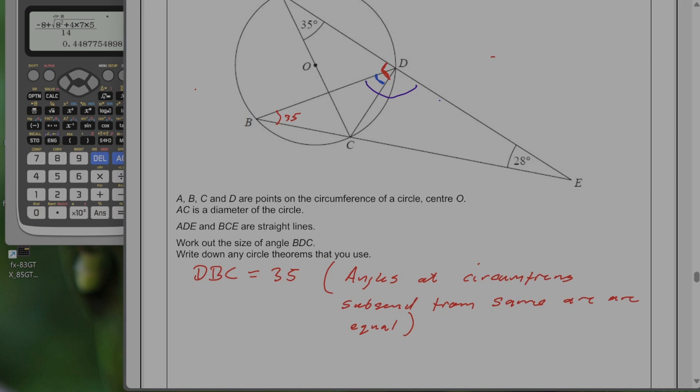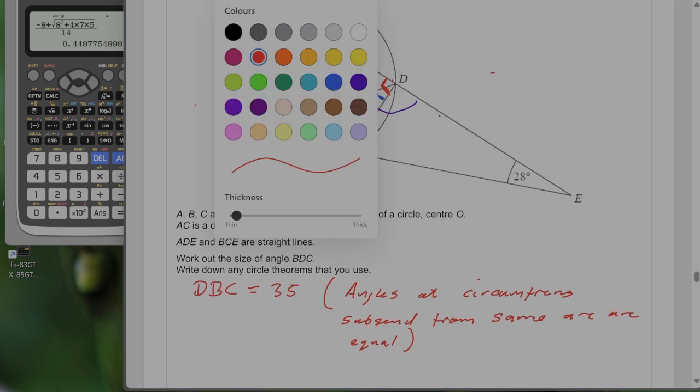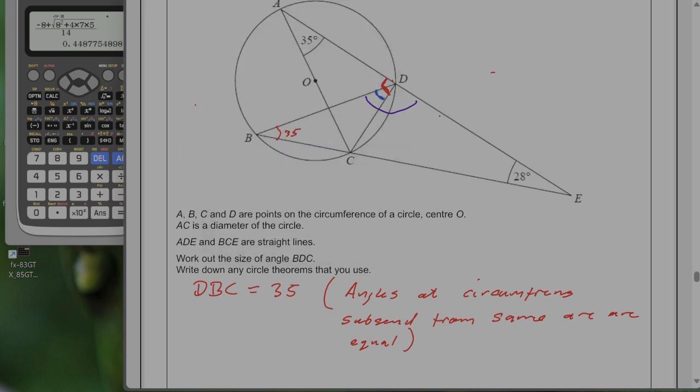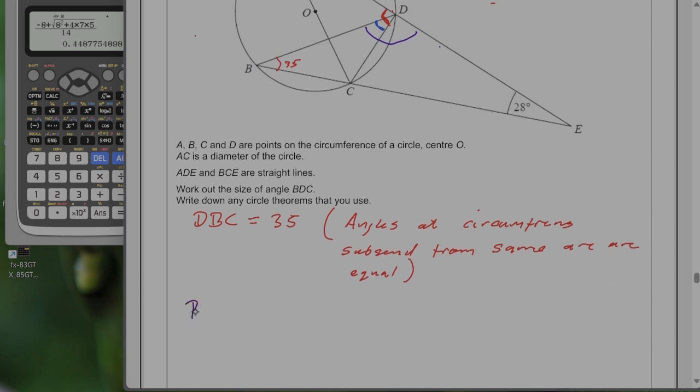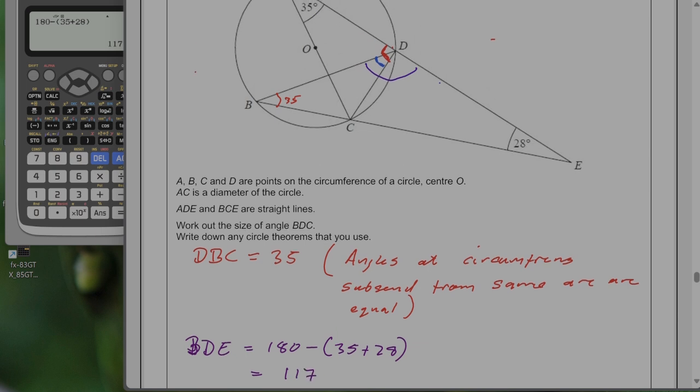I'm then going to say then that BDE, I've done that in purple, so I'll do it in purple. So BDE is going to be equal to 180 minus 35 plus 28. And the reason for that is angles in a triangle equal 180, although it doesn't say we need that, so we're not going to get any marks for that. So 180 minus 35 plus 28. So that's going to be 117, which means then that